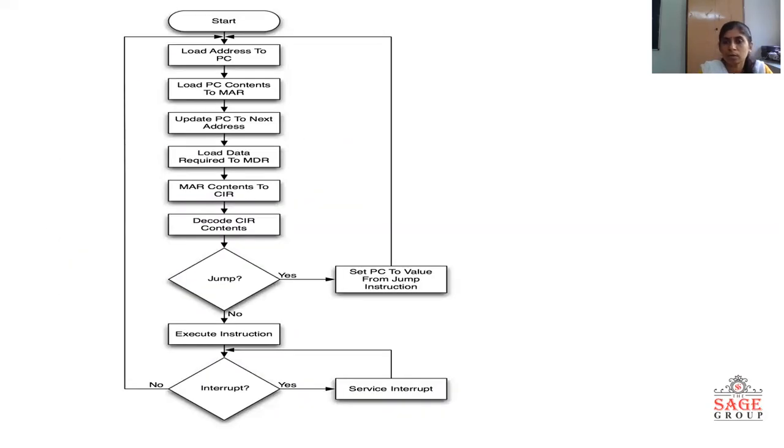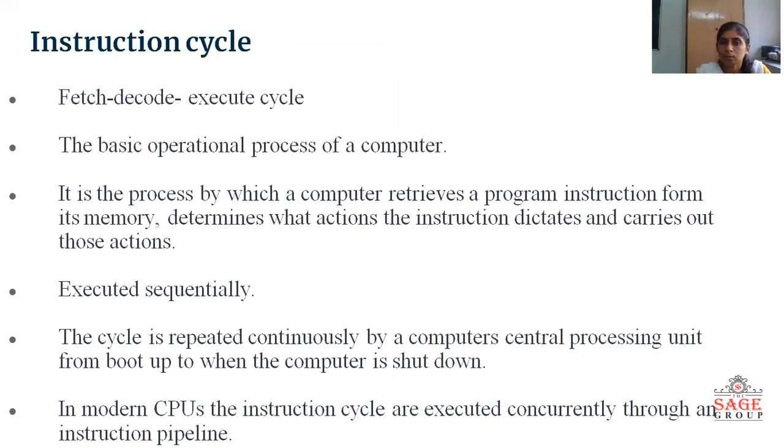In conclusion we can say that the main steps are fetching of the instruction, then decoding of the instruction, and in the execution part, the arithmetic and logical operations are performed on the data, which is again stored in the particular register. So we can explain the instruction cycle with a flowchart with this description, these steps and components.